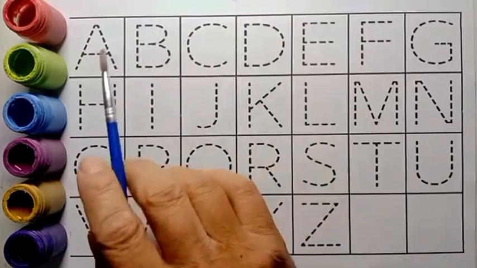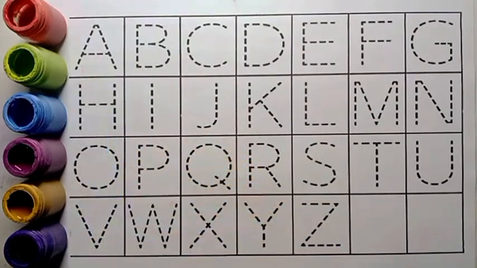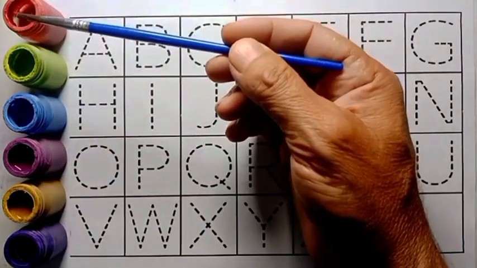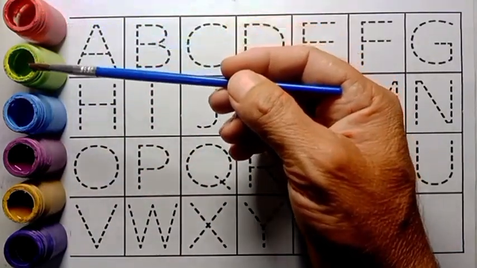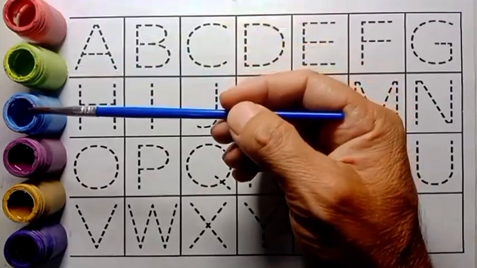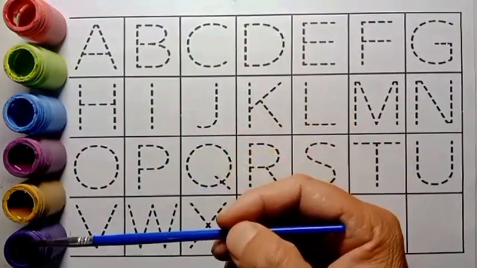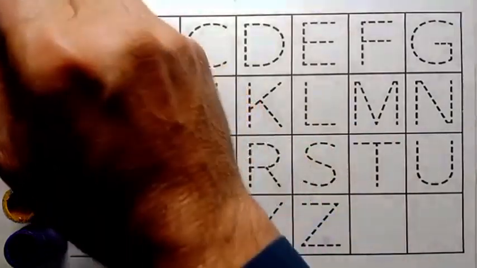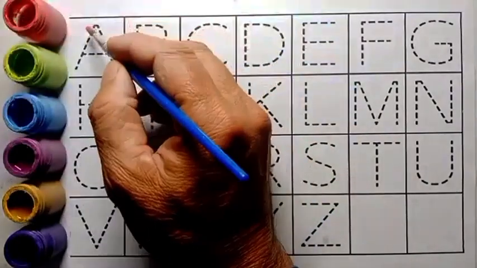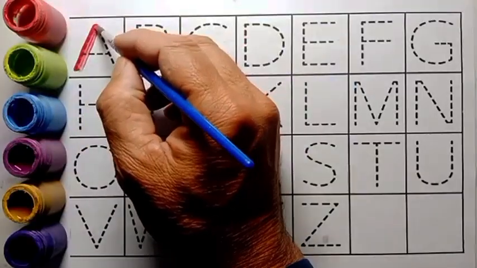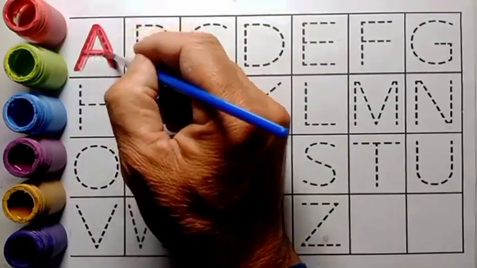आज हम लिखेंगे ABCD, A फॉर एप्पल, B फॉर बॉल, C फॉर कैट, Z फॉर ज़ेब्रा। ये हमारे आज के कलर। क्या नाम है इन कलर्स का? ये है रेड कलर, ये है ग्रीन कलर, ये है ब्लू कलर, ये है पर्पल कलर, ये है गोल्डन कलर और ये है वायलेट कलर। ये है A फॉर एप्पल, A फॉर एप्पल,